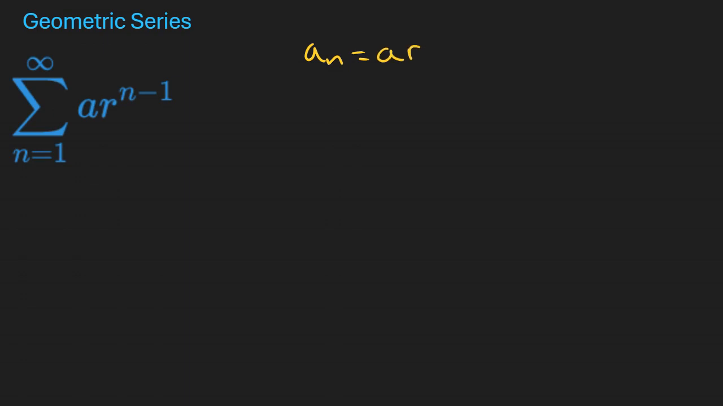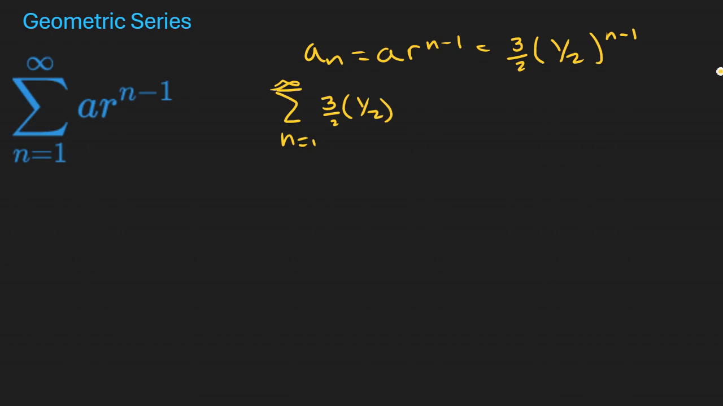a times r to the n minus 1, where let's say that a is equal to 3 halves, okay? And then let's say that r is going to be 1 half, raised to the n minus 1. Now, in this case, we have that this sequence converges because r is less than 1, basically. So the question becomes what happens when we start adding the terms. You have the sum from n equals 1 to infinity of 3 halves multiplied by 1 half raised to the n